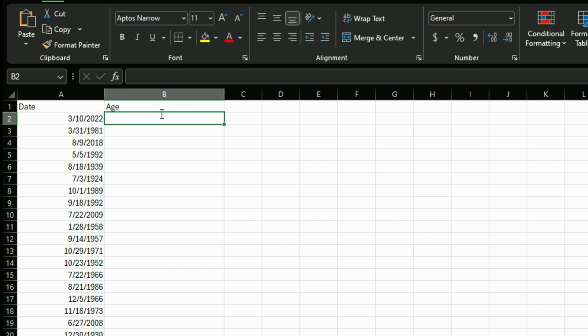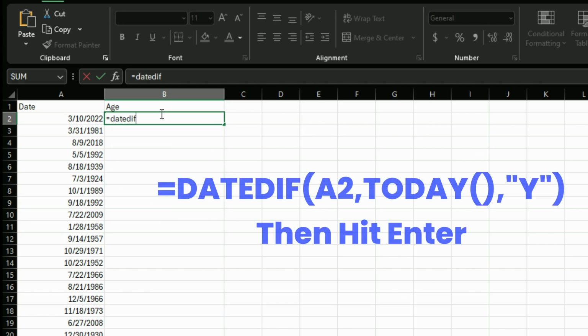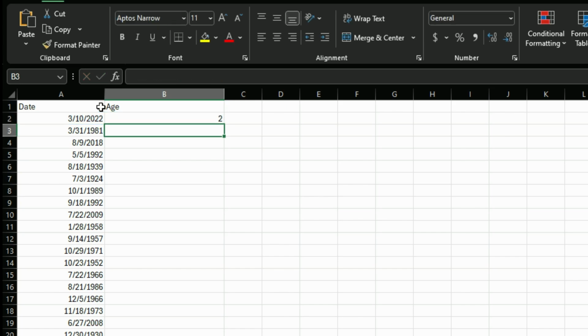So we're gonna do equals DATEDIF, open parentheses. Now let's click column A2, and then we're gonna hit comma, and then we're gonna type TODAY, open parentheses, then close the parentheses, and then hit comma. And the last one, we're gonna do quotation mark, Y, quotation mark, and then close parentheses, and then hit enter. All right. So now we have the age calculated as 2,